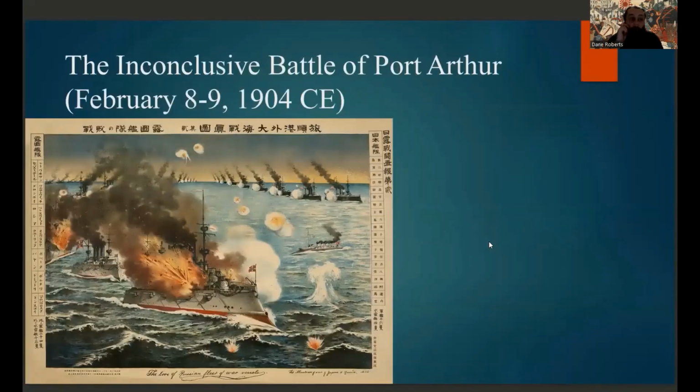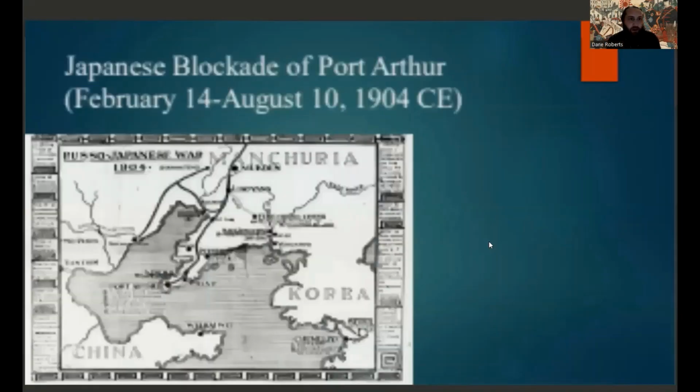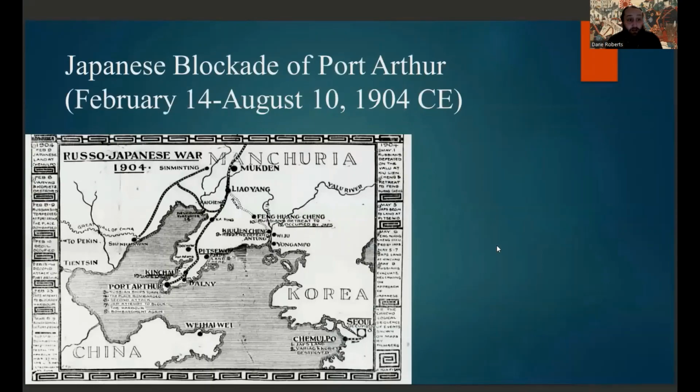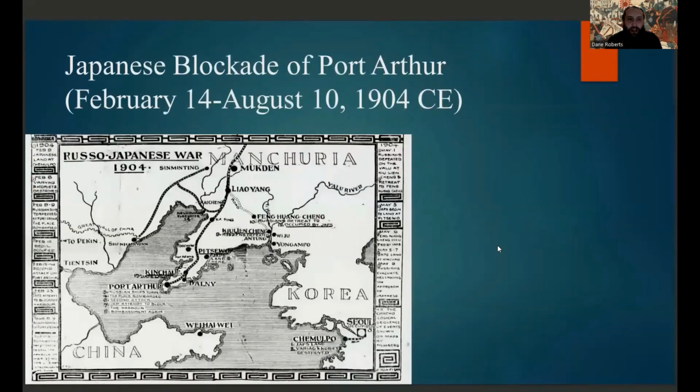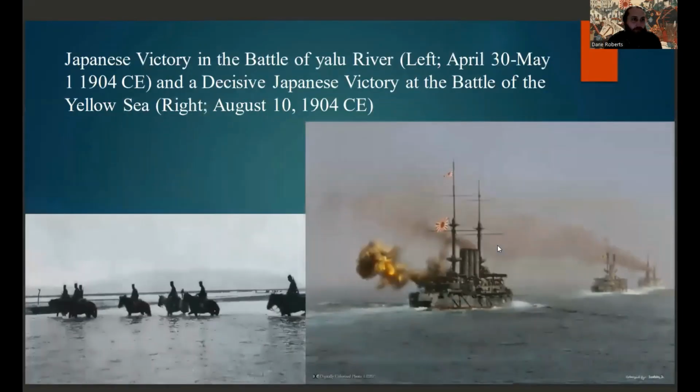So this war started at first with the inconclusive battle of Port Arthur, with neither side really gaining any ground from February 8th to the 9th of 1904 CE. But after that inconclusive battle, the Japanese Navy would blockade Port Arthur from February to August of 1904 CE, with